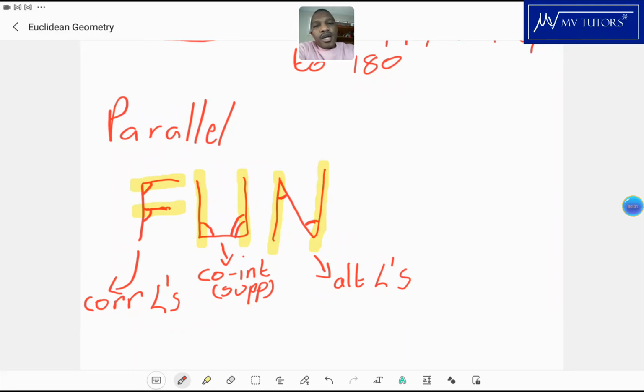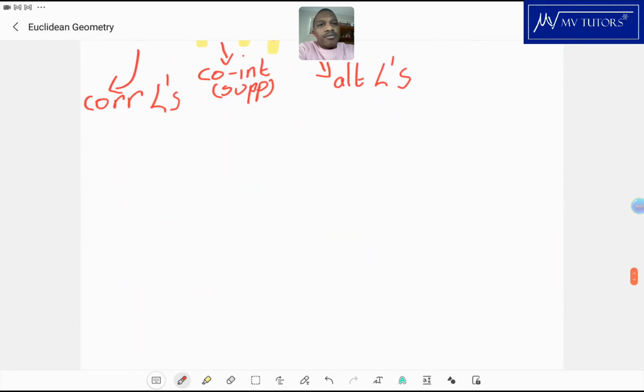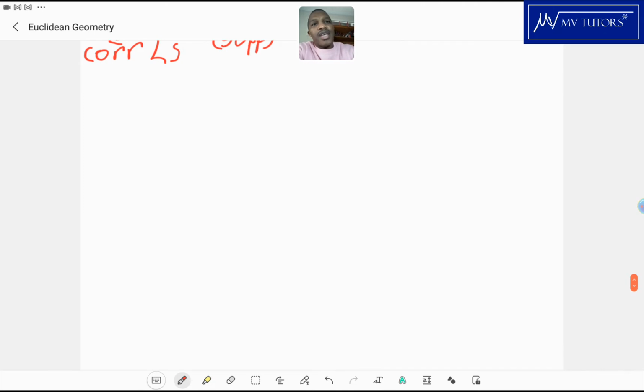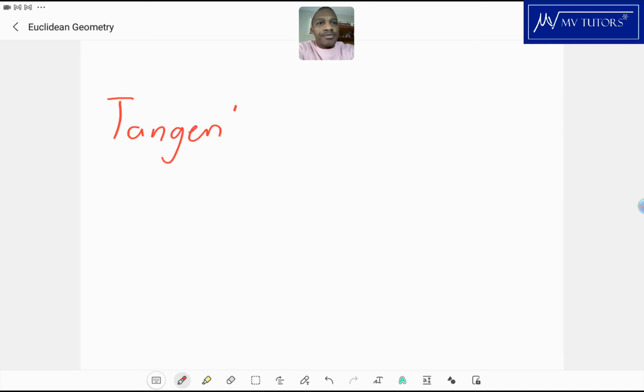Okay, so the last letter of the acronym of Cape Town is the letter T, which actually stands for tangent. Now, the laws of the tangent, or the theorem: you have a circle and then you have a tangent. The first one I want to deal with is the one that has to do with the radius. If you have a radius and a tangent,